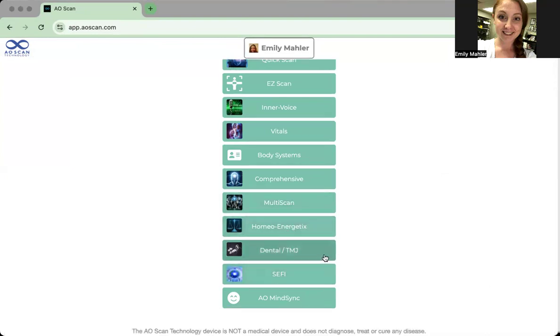These homeoenergetics and dental TMJ are going to be blanked out or shaded if you have not done training. So these unlock when you have done phase 1, phase 2, and phase 3 training. And those are additional fee for those trainings. They are really cool, but they're definitely not necessary. I actually don't use them very often. So if you're wanting them, feel free to do the training, but they are not necessary to utilize all of this. Another